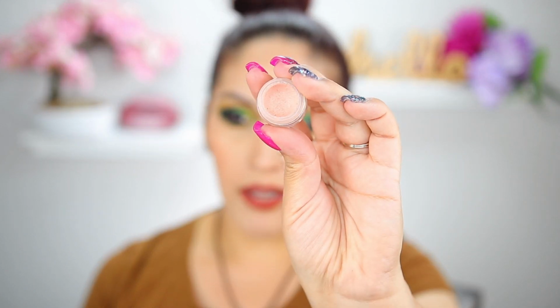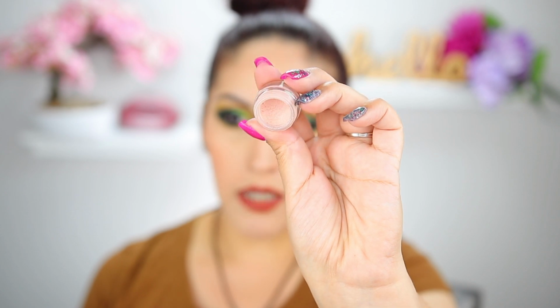So those are all the products that were in this project. Since I did finish 2 off, I am going to be bringing 2 products in. I did finish the corrector, so I'm going to bring another corrector. This is the Becca Under Eye Brightening Corrector in light medium. I believe there's about halfway of product in this, so I'll definitely take a picture of it. This is one of my favorite correctors in my collection. I do have a full size of this as well, so I figured I can finish this little mini up